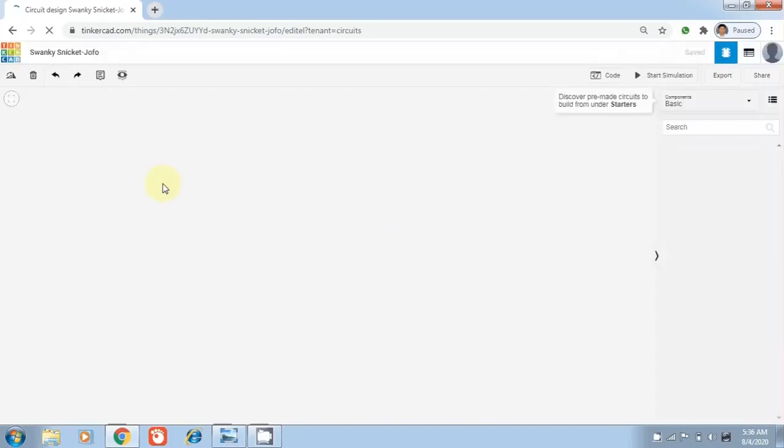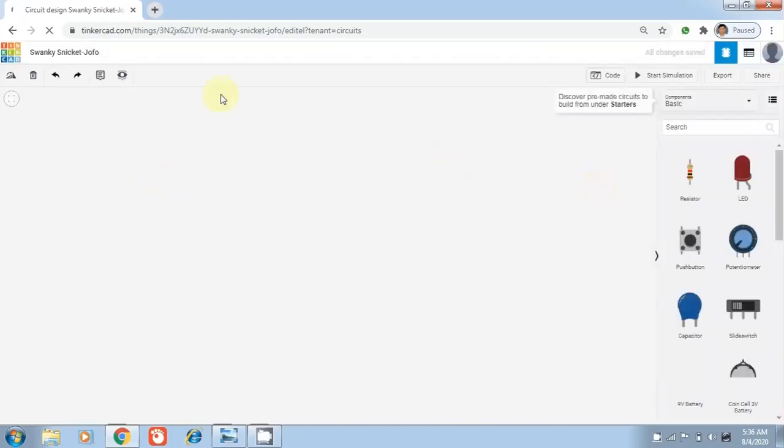After clicking Create new circuit, a new window opens. As you see, on the right side of this window we have a component library.